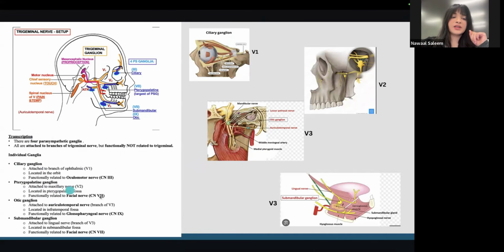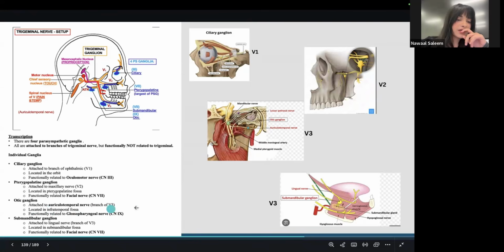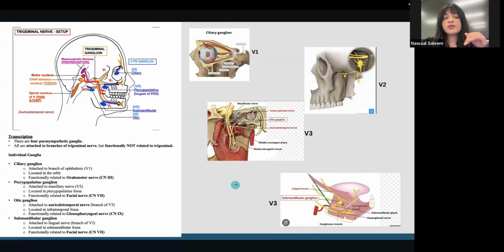The pterygopalatine ganglion attaches to the maxillary nerve in the pterygopalatine fossa. It is functionally related to the facial nerve, if you recall hitchhiking, the zygomatic nerve going to lacrimal glands. Then you have the otic ganglion attached to the auriculotemporal nerve, a branch of V3. It is located in the infratemporal fossa, functionally related to the glossopharyngeal nerve, if you remember the parasympathetics of the parotid gland. Then we have the submandibular ganglion, attached to the lingual nerve, a branch of V3. It is located in the submandibular fossa and is functionally related to the facial nerve,